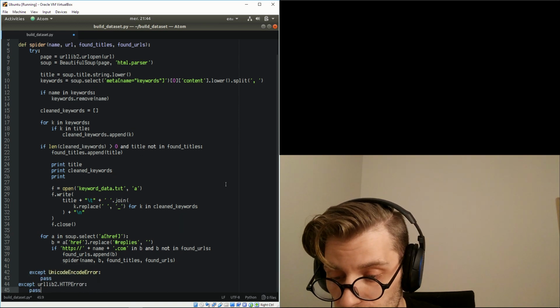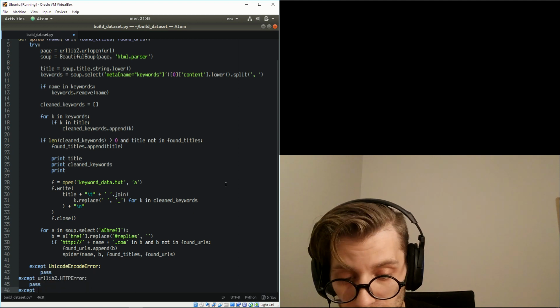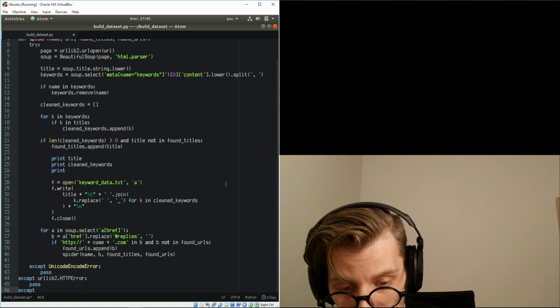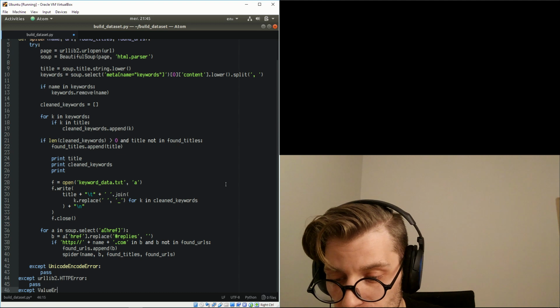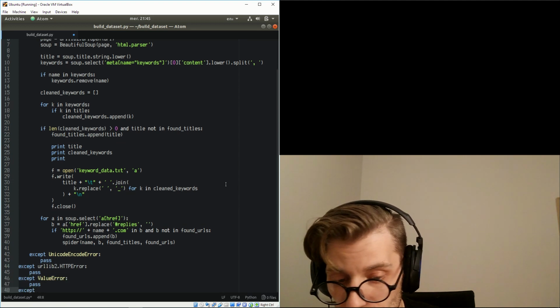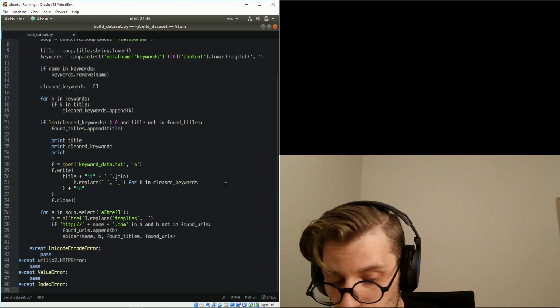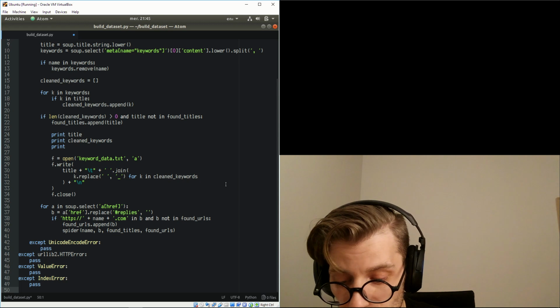Again, we do not care. I will indent them later, don't worry. Except, what's the other one? ValueError. And again, we just pass. Except IndexError, and pass, and except